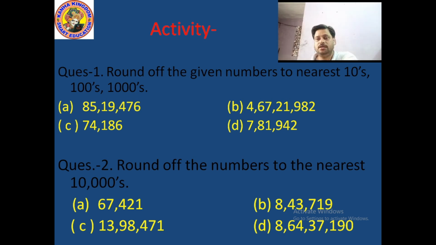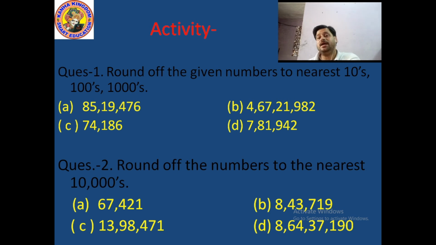If this number is converted to the nearest 1000, then you check only the 100 place value and the 1000 place value. If the 100 place value is less than 5, you convert the 100 place value, tens place value and ones place value into 0. After that, nothing is changeable in the 1000 place value because the 100 place value is less than 5. After that, whatever digits are left, you just write the same digits.